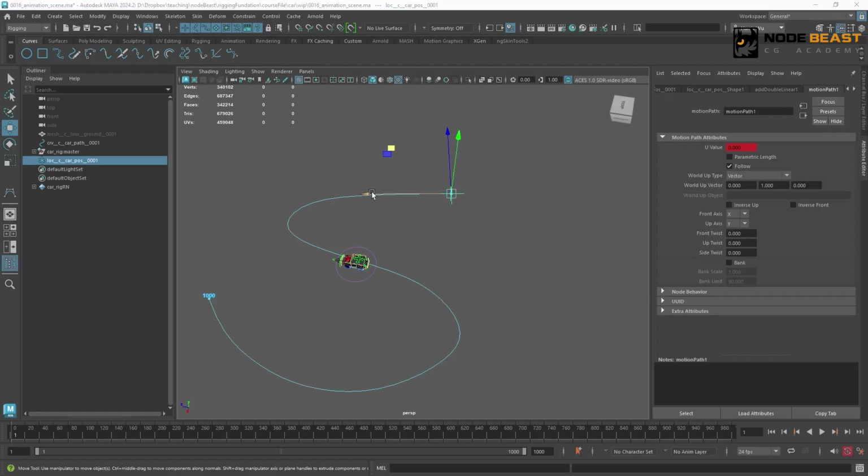The position is extracting the curve shape's position information, then remapping from 0 to 1 onto the curve's length. The rotation is actually based on the aim constraint concept. Forward is using the curve's tangent direction as the aim vector. For the up vector direction, there are several options here. We can use object up, we can use object rotation up or scene up, or we can set a vector direction ourselves. Here, let's simply set it to scene up, using the world y-axis direction as a reference.